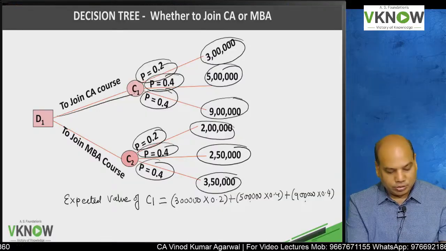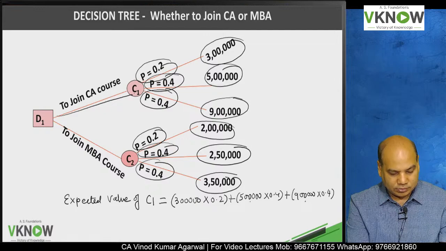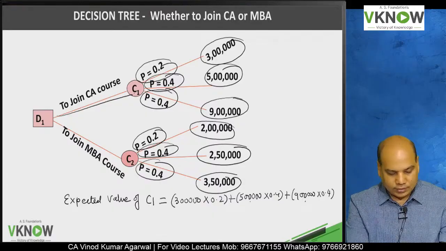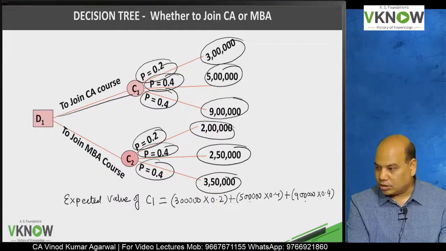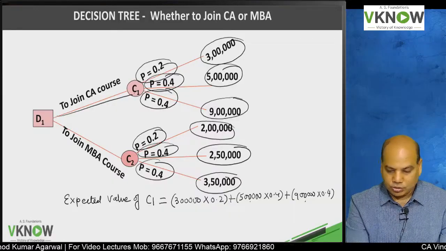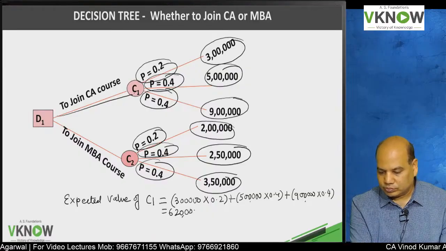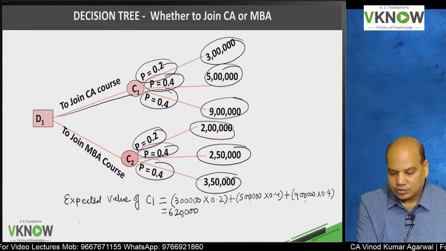3 lakh into 0.2. Please reply first. 3 lakh into 0.2 is how much? 60,000. 5 lakh into 0.4, 2 lakh, and 9 lakh into 0.4, 3,60,000, total 6,20,000. So my expected salary of doing CA course is 6,20,000, and one more line,